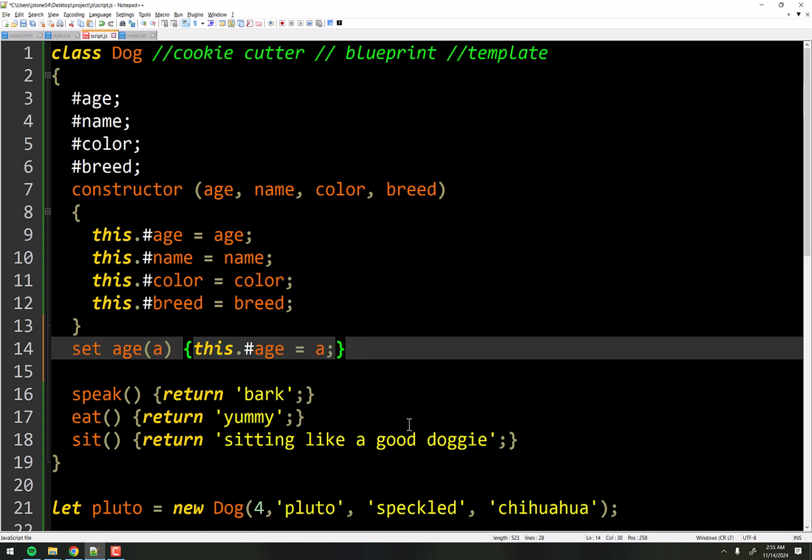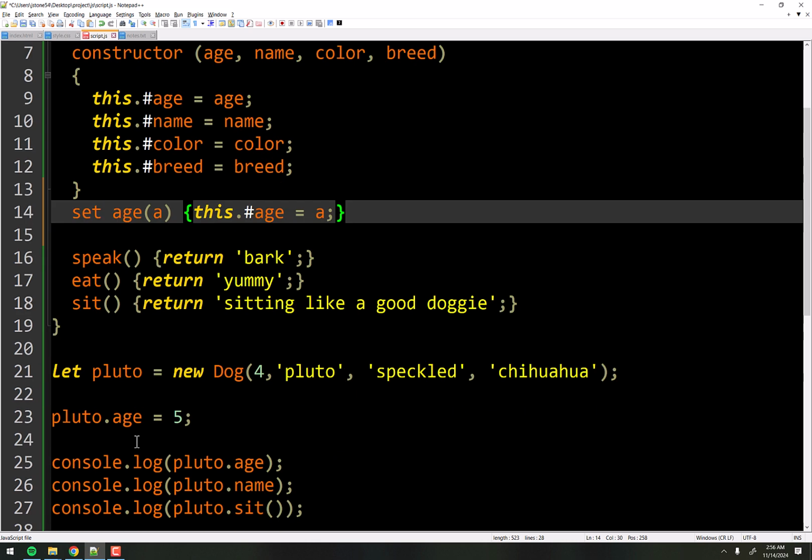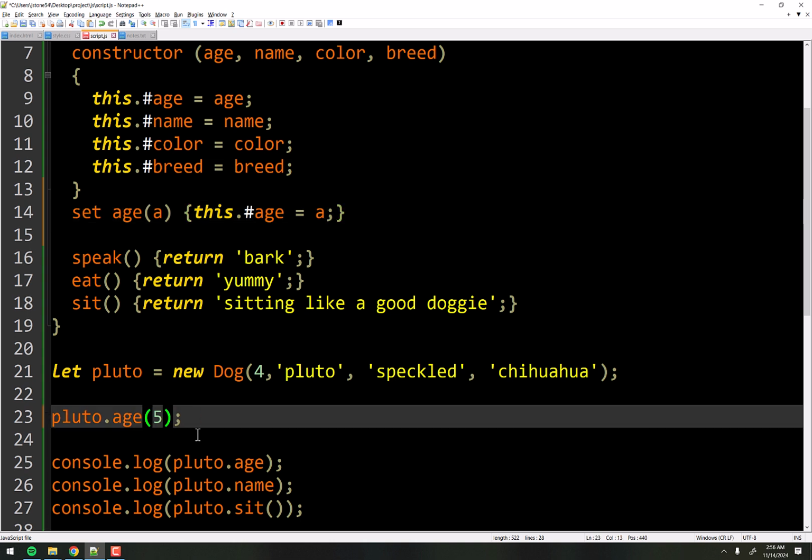Okay. Now this doesn't solve our problem where they could still put in a word or whatever. We'll take care of that in a minute. But let's look at what happens now. Right here, you would think that I would want to do this. That seems like what you would want to do, right? And if you've looked at other programming languages that are object-oriented, that's exactly what you would do. But not JavaScript. No. You actually remain this way.